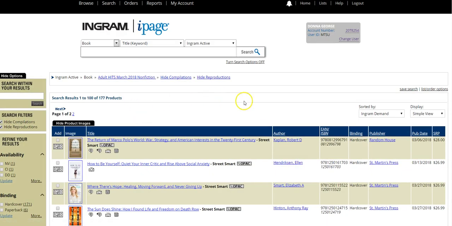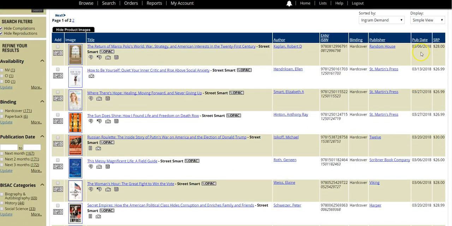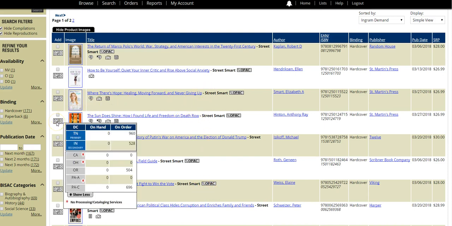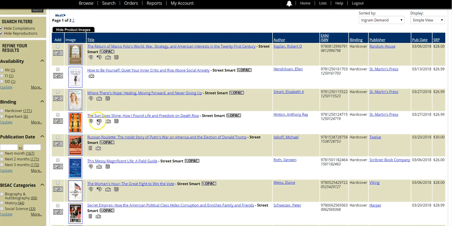So I go into this list and I see that all these titles are coming out in March, and these are the prices. Remember that this is retail price and that when you have a contract with a vendor, you will get a discount. So you will not pay full price for it. You can see if it's in stock, which they won't be because they aren't out yet. You'll see starred citations,